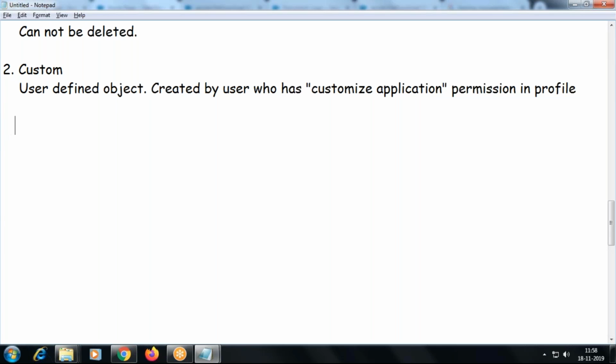Okay, and I'd like to create an object called training. I can create it. Got me? So this is the name of the object I'm going to create.